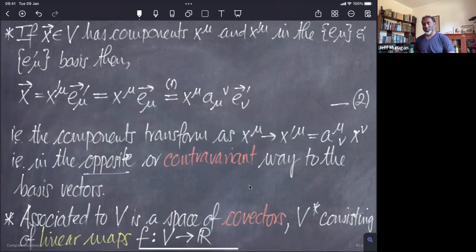So that object that gets paired with the vector is a linear map from the vector space to the reals, in the sense that